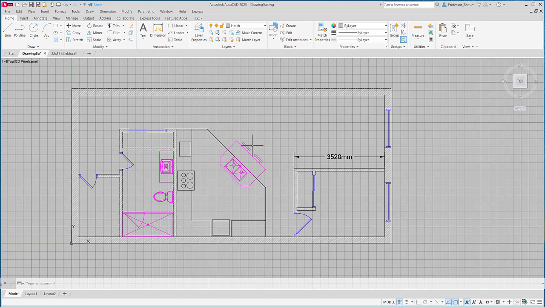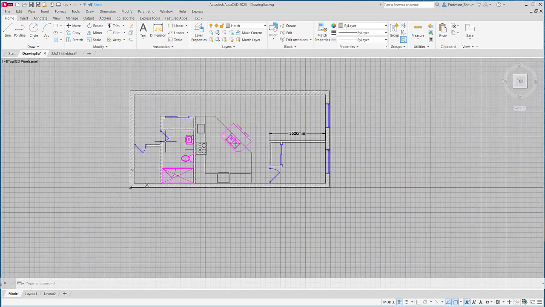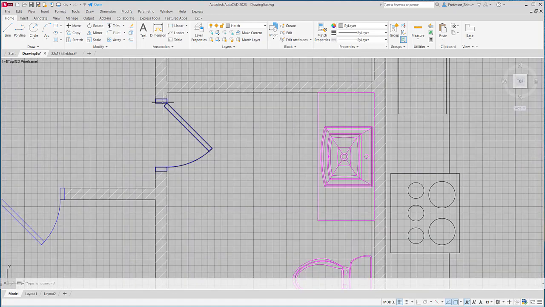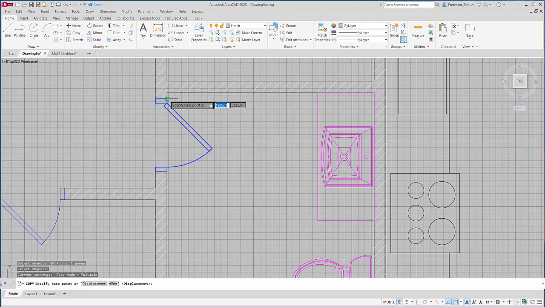All right. Now, I mentioned earlier I have a door, and that door I'm going to insert now because the hatch pattern is over top of that area. So how do we edit that hatch pattern? I'm going to use an existing door, copy it, and move it so that it fits within that area, and then make any modifications I need. So I'm going to select copy, and I'm going to pick this door, and I'll pick the edge of the jamb here,